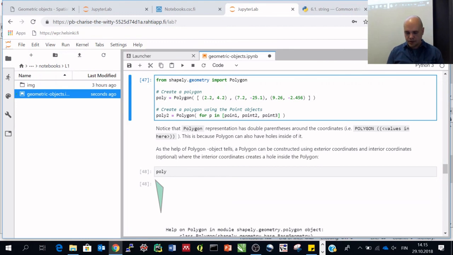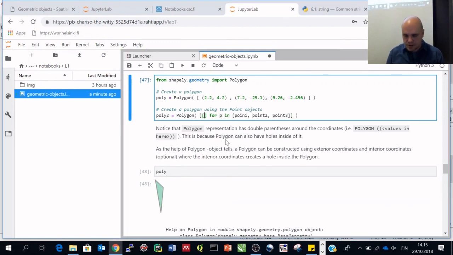And actually, when doing this kind of list comprehension, what we are creating here is a list of coordinate tuples. So this is the list of those 3 points, those x and y coordinates of point 1, point 2, and point 3 will be inserted inside this list. And how do we do that is that we basically say that